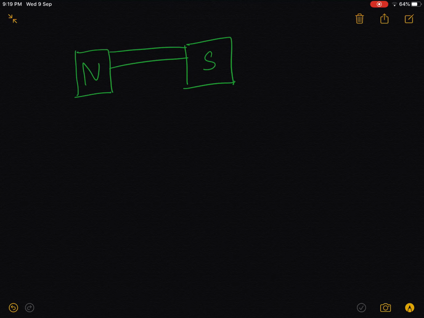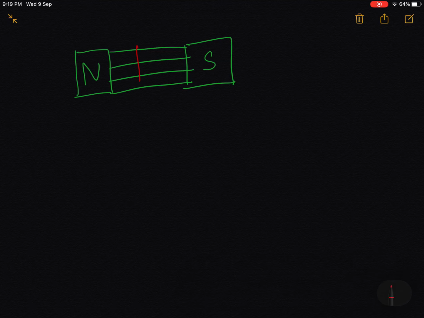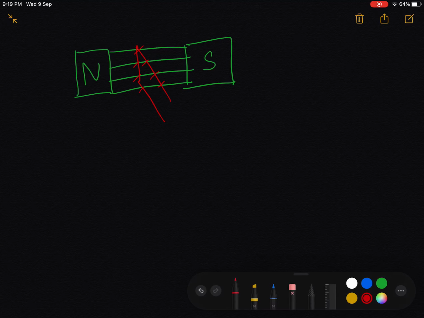So now that we are clear with how current is being generated, we saw that there was a magnetic field, north south. This magnetic field will be producing current through it. Now if we place a coil into it, let us say that I place a coil inside this field, so this field will be interrupted. You can say the coil will be cutting this field at different points, right? So this is known as generation of flux, right?